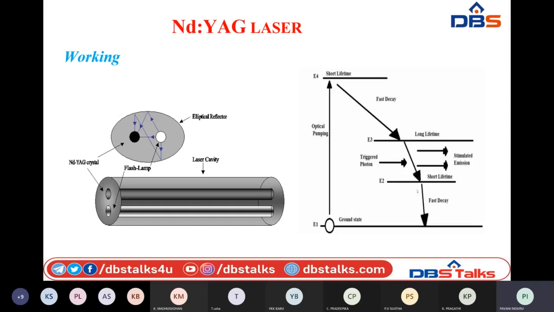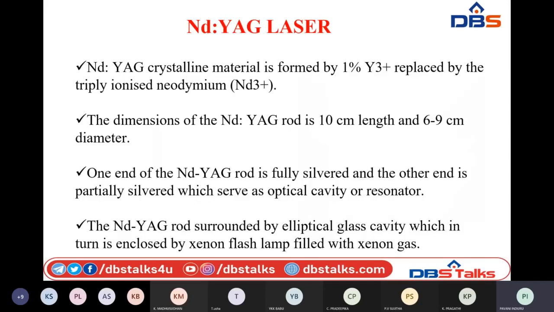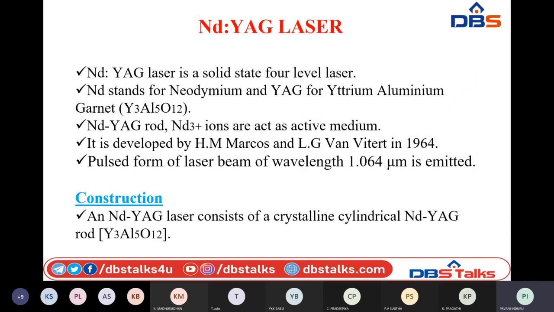And from E2 the atoms will fall back to the ground state again, and hence we have the availability of atoms for raising them to upper energy states. So here, by the process of stimulated emission, we are able to obtain the wavelength. The wavelength of the light we are going to obtain by this process of optical pumping in the Nd:YAG laser is 1.064 micrometer.